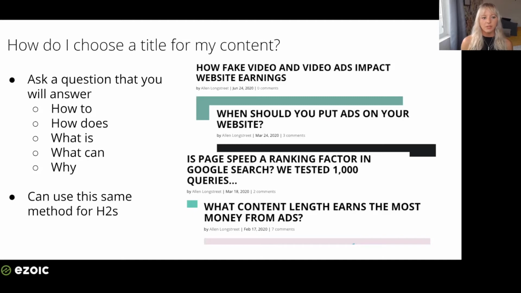The main point with the title and H2s is that you want to be asking a specific question that you can then answer succinctly. So I'll probably be using the word succinctly quite a bit here. You want your titles and your H2s to be succinct, and you want your answers to be succinct as well. By using these questions to create your H2s and guide your content, you are more likely to appear as a search result that answers that question.